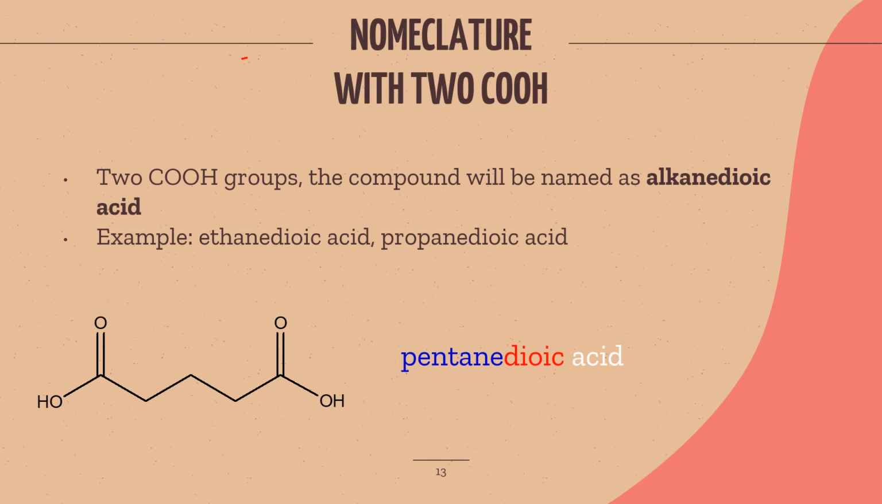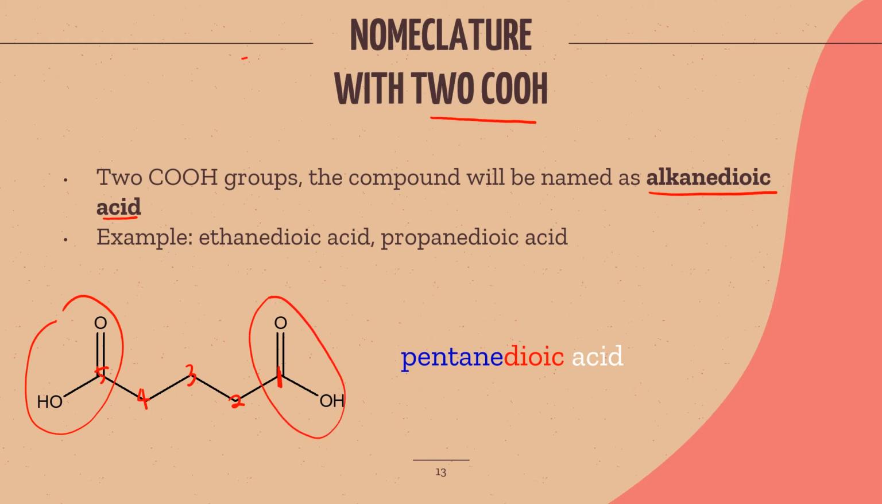For the compound that has 2 carboxyl groups, the compound will be named as alkane dioic acid. So as in this example, kita ada a compound that has 1, 2, 3, 4, 5 carbon atoms dan kita ada sebanyak 2 carboxyl group pada kedudukan karbon yang pertama dan juga karbon yang ke-5. So, since we have 5 carbon atoms in this molecule, the name of this compound will be pentane dioic